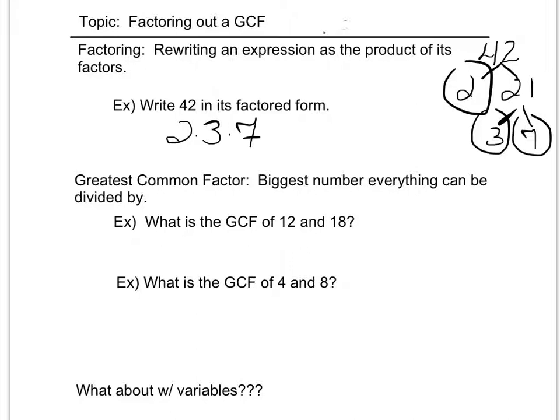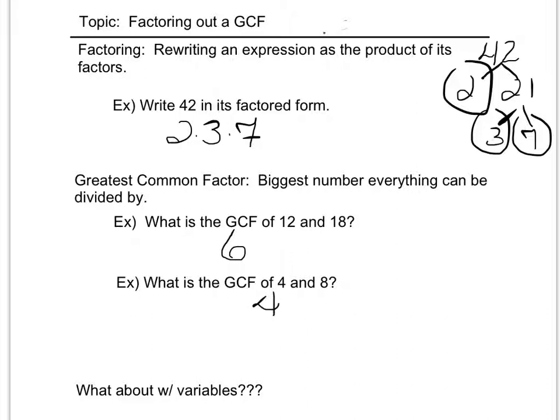You've seen that before. Greatest common factor should be another term that you're familiar with. It is the biggest number everything can be divided by. Oftentimes it's called the GCF. So if I ask what is the GCF of 12 and 18, I could find that by setting myself up some prime factorization trees. That's a method you can use if you're not very good with your multiplication facts. It's very time consuming. Because I'm pretty good with my multiplication facts, I can look at 12 and 18 and know that the GCF, or biggest number they can both be divided by, is 6. If I do the same for 4 and 8, again, I could set up a prime factorization. I would prefer just to look at 4 and 8 and know that the biggest number they can both be